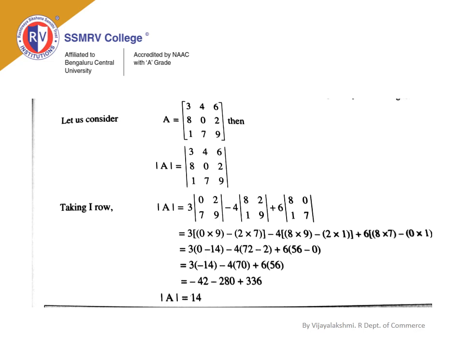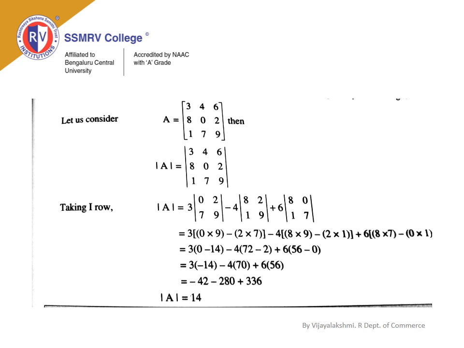Therefore, 3 into 0 into 9 minus 2 into 7 minus 4 into 8 into 9 minus 2 into 1 plus 6 into 8 into 7 minus 0 into 1. Further simplification: 3 into 0 into 9 will be 0, minus 2 into 7 will be 14, minus 4 into 8 nines are 72, minus 2 into 1 is 2, plus 6 into 8 into 7 is 56, minus 0 into